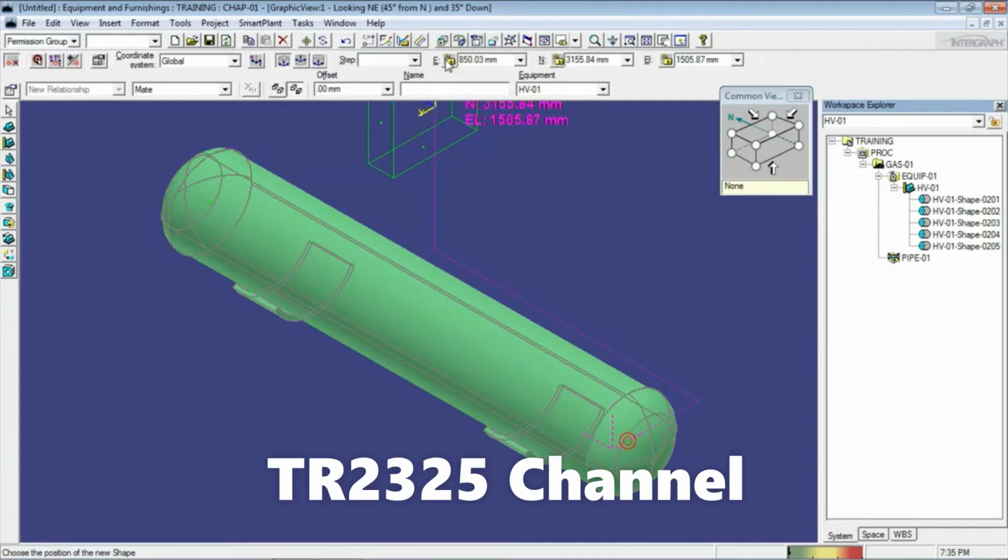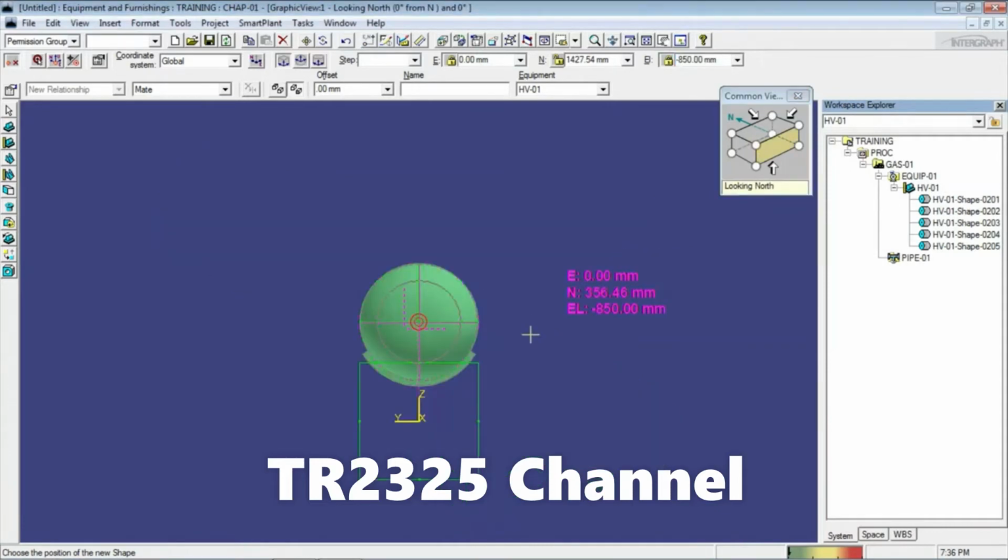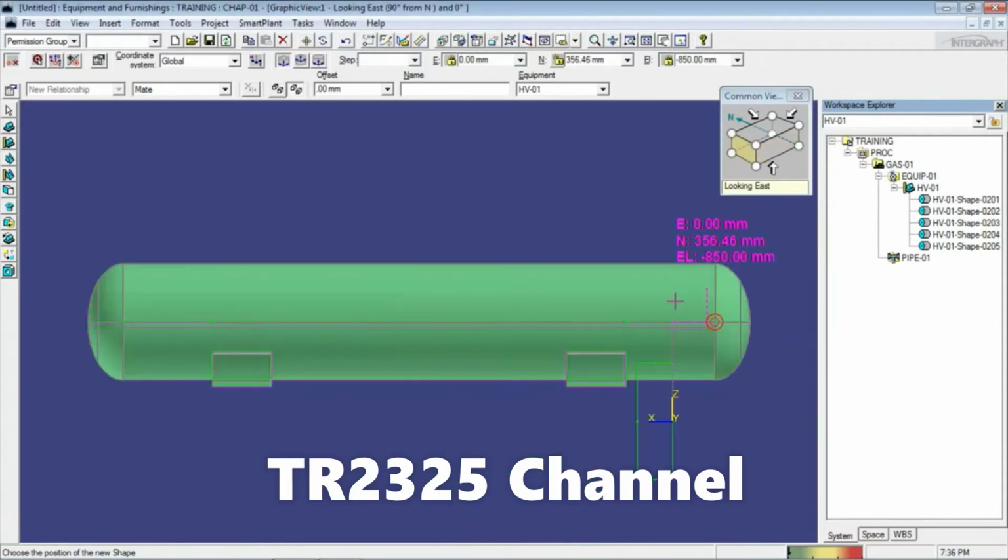East elevation is, give the 0, enter, lock, and the elevation I'm going to give 850, enter. Now you can change the view. Now it's properly come. Then you can also see the center of